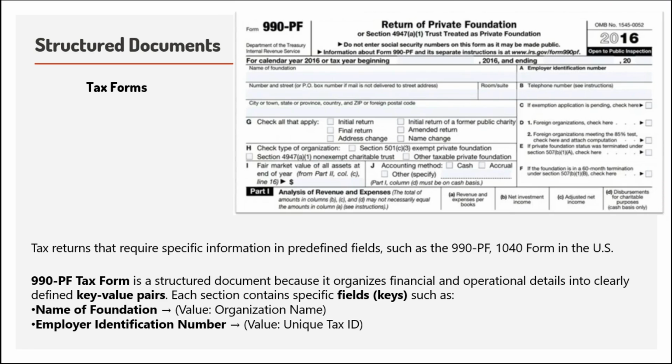Each section contains a specific field, meaning keys, such as name of foundation is the key and the value is the organization name. Employer identification number is the key, meaning that field we can call a key, and the value is a unique tax ID. So whatever value will be entered here in section A, this is the value and this is the key. So we can identify it this way: key, and then the value will be entered here.